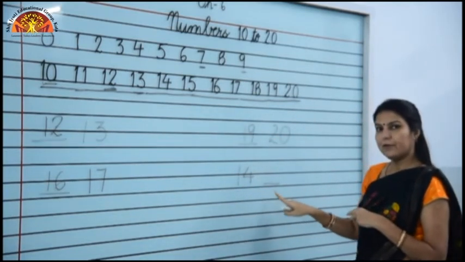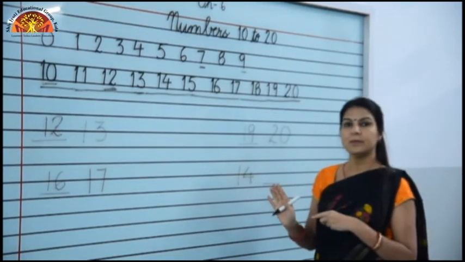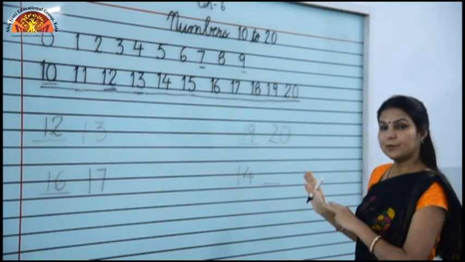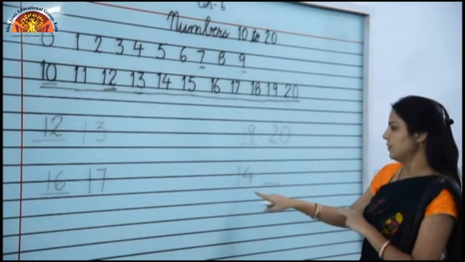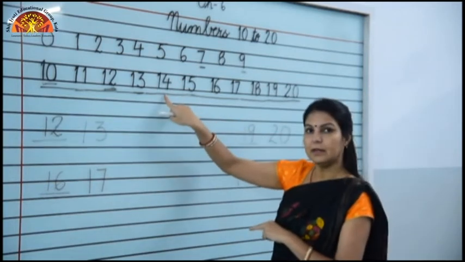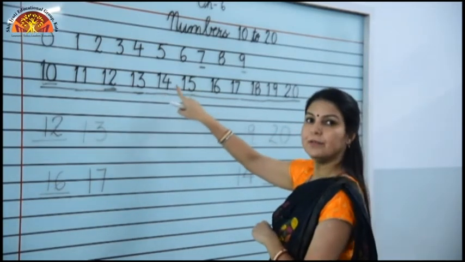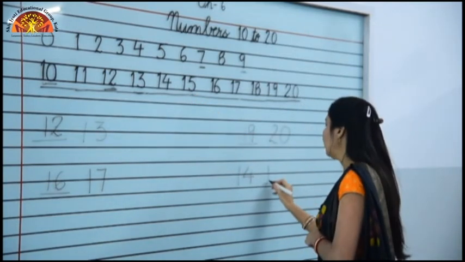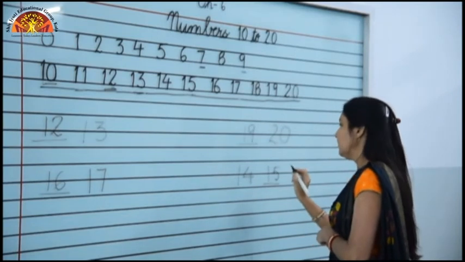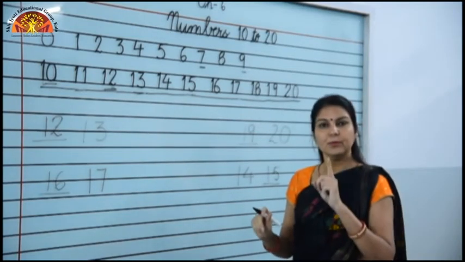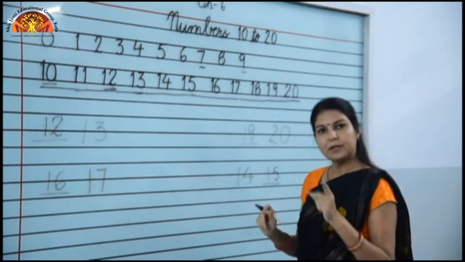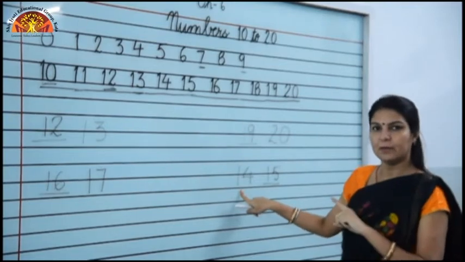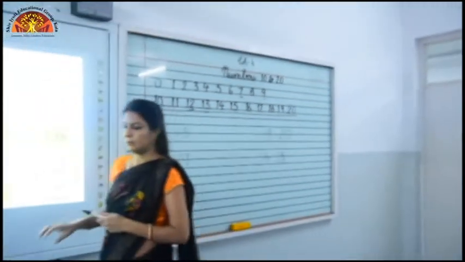Now we will see after number. What are after numbers? The numbers which are at the right side. जो नंबर राइट साइड पर होते हैं काउंटिंग में, these are after number. देखिए 14 is written here. We will see right side of the 14. This is 15. Or children, you can say after number is 1 more than the given number. जो आफ्टर नंबर होते हैं वो एक ज़्यादा होता है गिवन नंबर से. ठीक है.